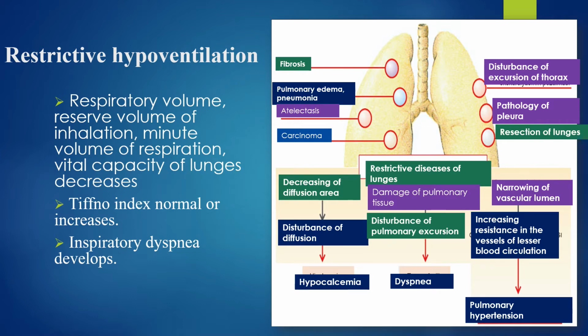Disorders of the other respiratory muscles: myositis, polyneuritis, tetanus, botulism, and others. Difficulties of the chest excursion: traumatic injury of the chest, intercostal myalgia, kyphosis, lordosis, scoliosis, and etc. In the restrictive type of hypoventilation, the inspiration is most damaged and inspiratory dyspnea develops. As a result, the tidal volume and vital capacity of the lungs decrease. However, due to the fact that the expiratory volume decreases slightly, the Tiffeneau index remains at a normal level or may increase.